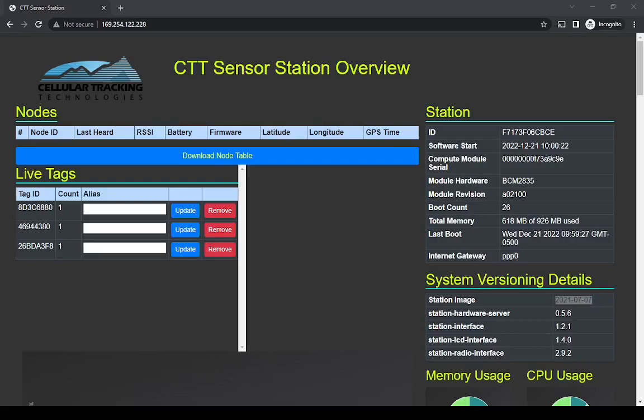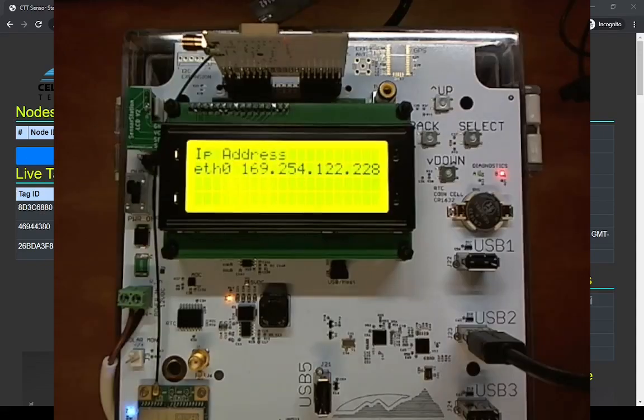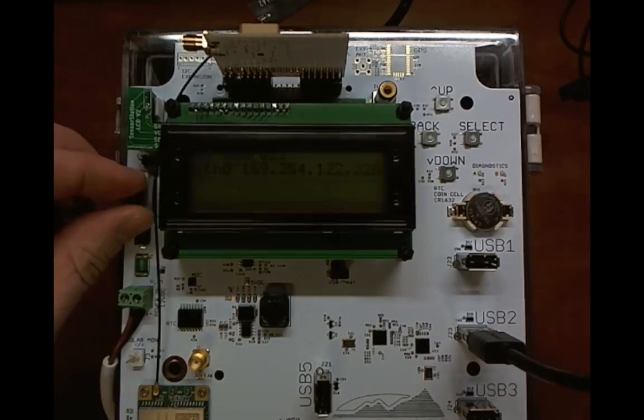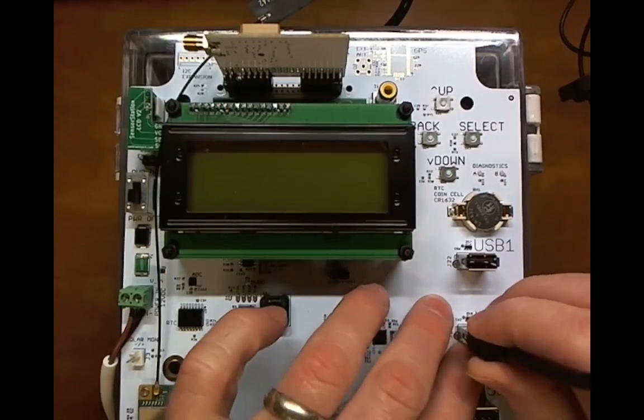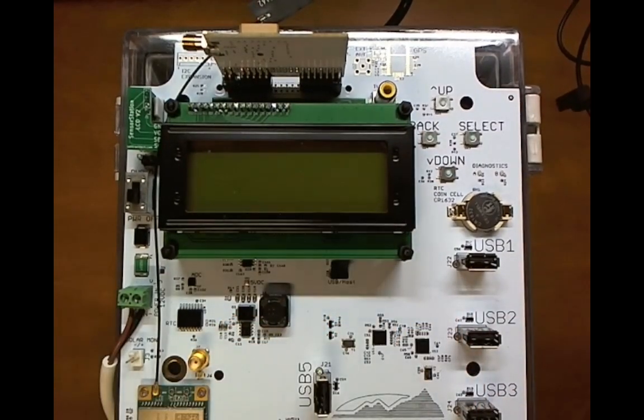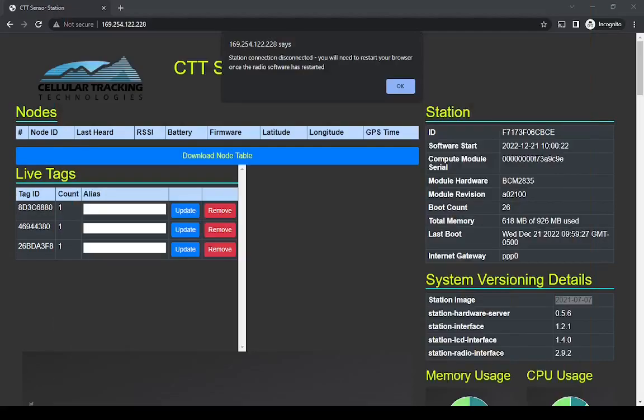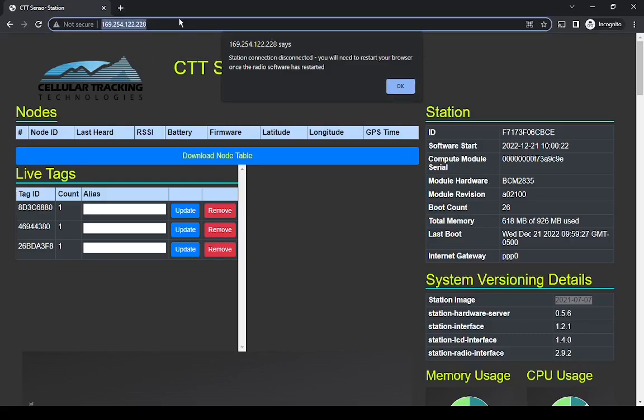So I'm going to go back to our SensorStation overview, and I'm actually going to turn off the power. Don't need the web interface connection, so I'll disconnect that. And then the instructions for doing this are provided online, and the way you can find them is to simply, in a search engine,